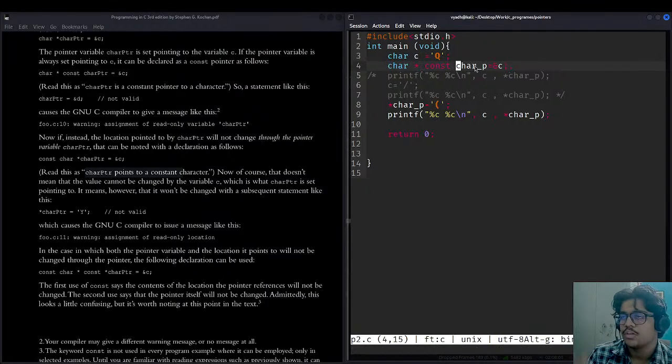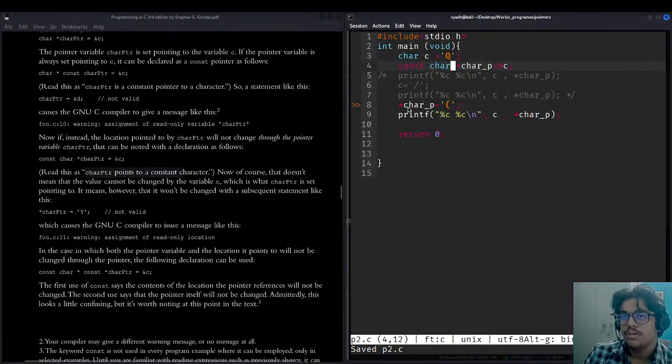If I do control s, it is not showing any error. But if I do control z here, remove this const, and write const char ptr like this, and do control s, it will show an error. It cannot be running.